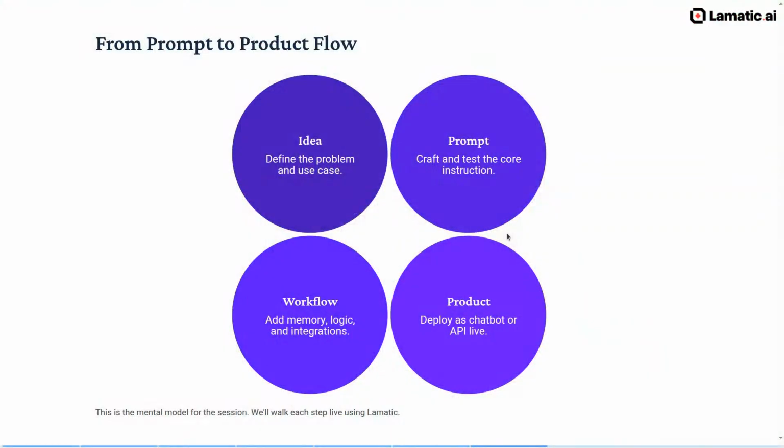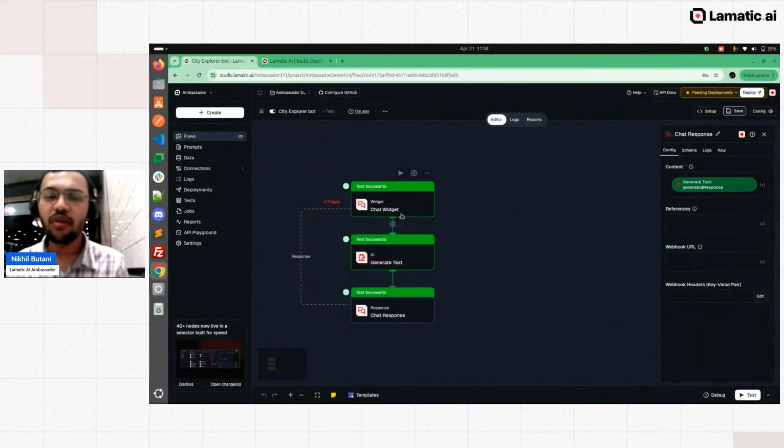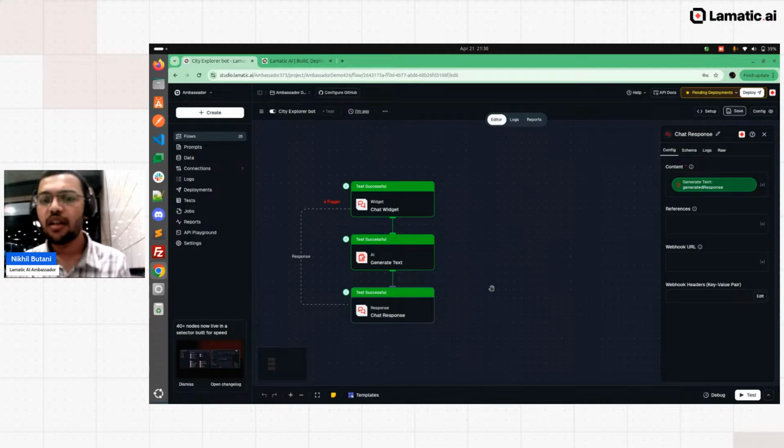Yeah. So also you can see what we do here. Like here, I had an idea, then I pasted the prompt, and the workflow actually worked, from chat widgets and generating this, right? But yeah, as you see, the product is made, but how can I see my product in the market as well, right?